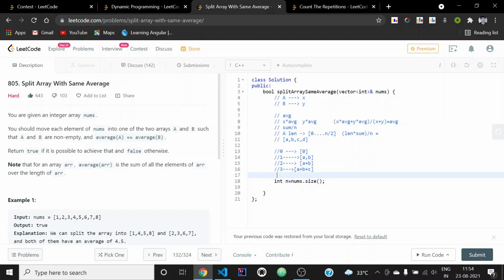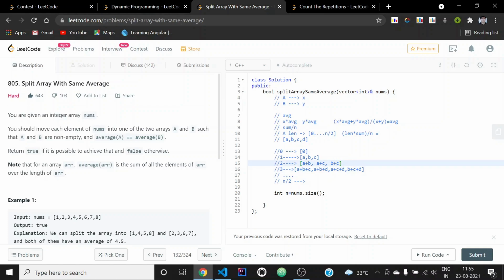So we'll be doing this thing up to n by 2. That was what I meant. Now this will become A plus C after adding with A, and after adding with B it will become B plus C, and this will become just C. And now for D, it will become A plus B plus D, A plus C plus D, and B plus C plus D.